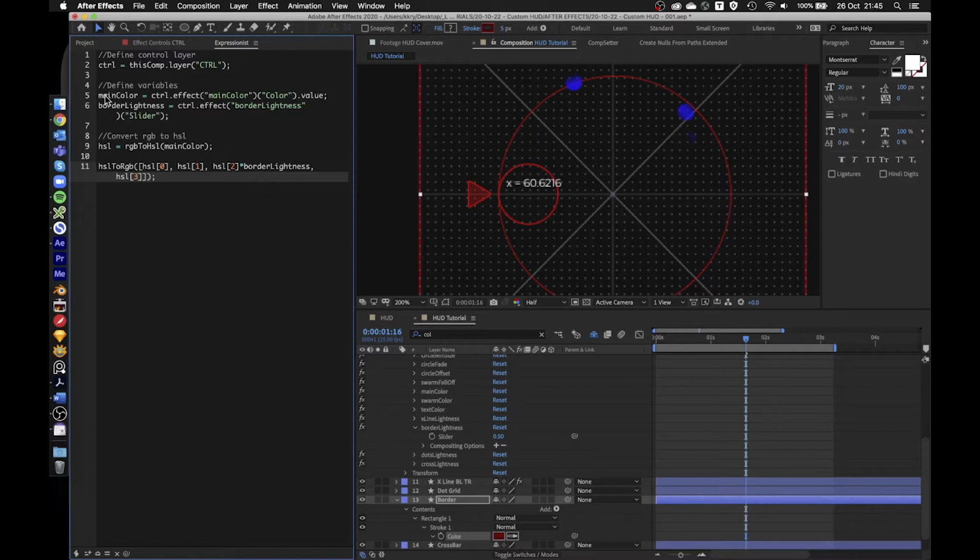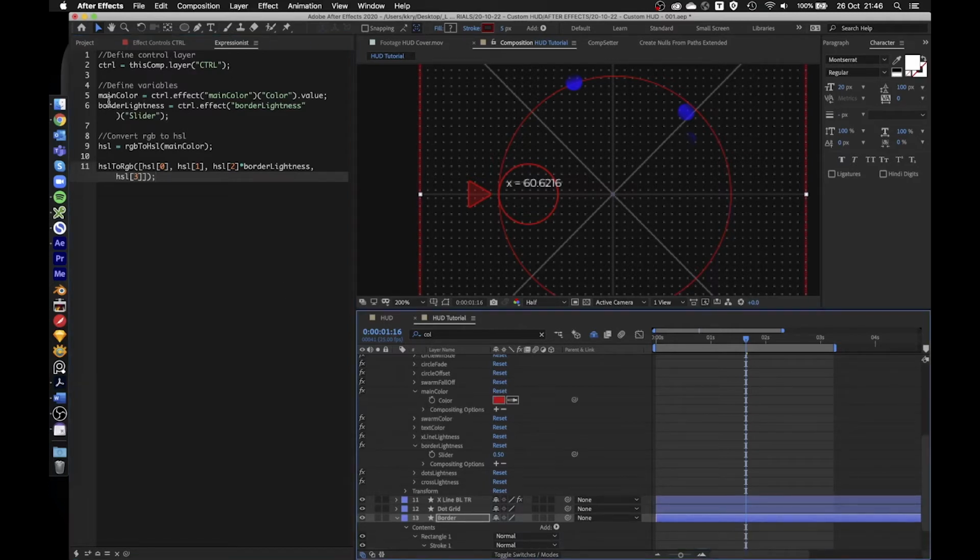The way to do that is define the control layer, then we're defining which one is the main color, which is this guy over there. Now we're defining the border lightness, our controller, which will affect the lightness of this layer. We're converting the RGB to HSL, and then we're taking the HSL and converting it back to RGB. And we're separating this into a 4 value array, and then we're affecting lightness with our controller,